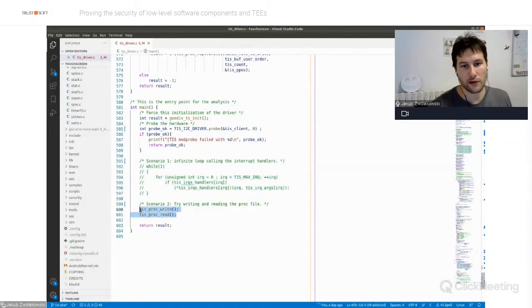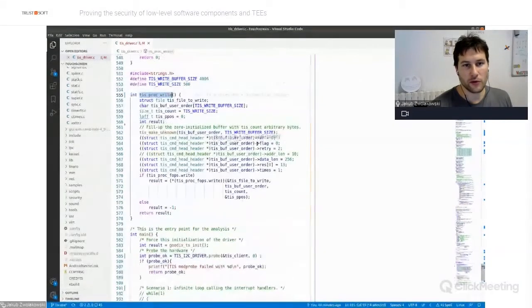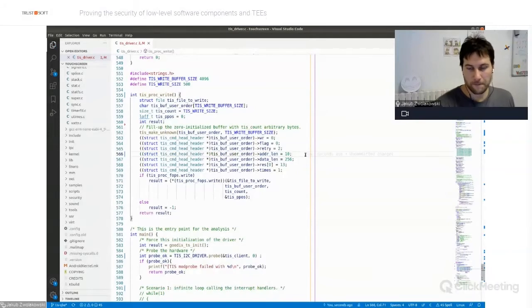I'm just trying to write and read from the proc file. This is the one we're doing, and this is the function that we have just seen, ThysProcWrite. You can see here that that's exactly what I did before for the abstract values. And here I have actually found a concrete value, well, I did it before, that triggers this UB.